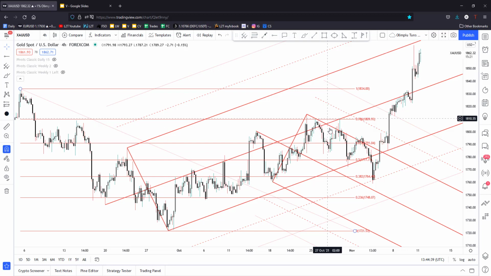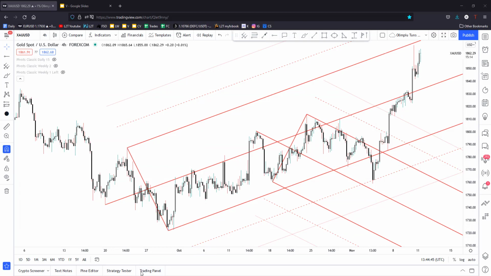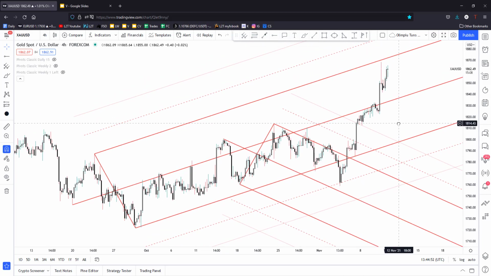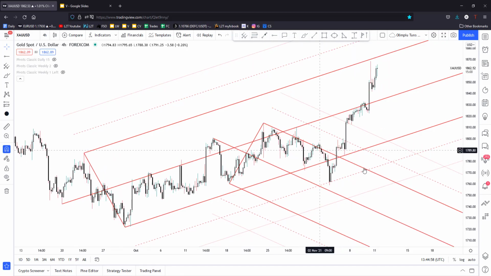Also, the confluence area could attract the price. So you can use all these tools trying to identify maybe confluence areas, and you can use the confluence area in Forex trading. Maybe we had something here, but it's not a perfect one. Here between the lower medium line and the upper medium line of the descending pitchfork, before the price jumped